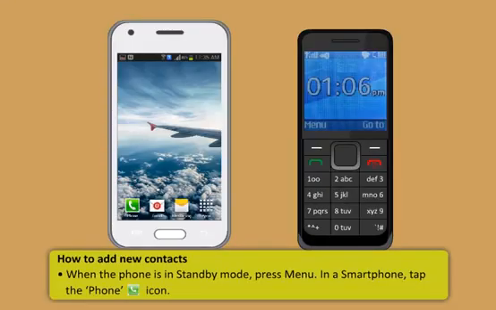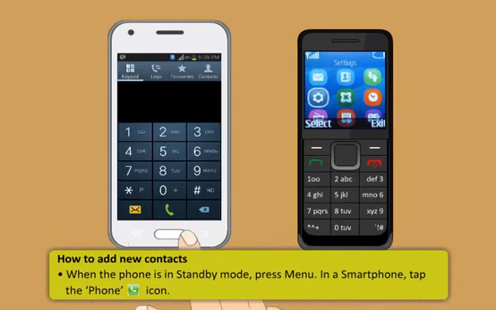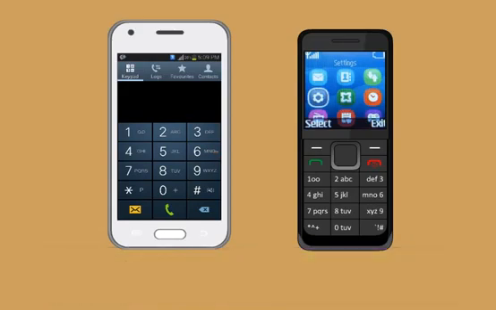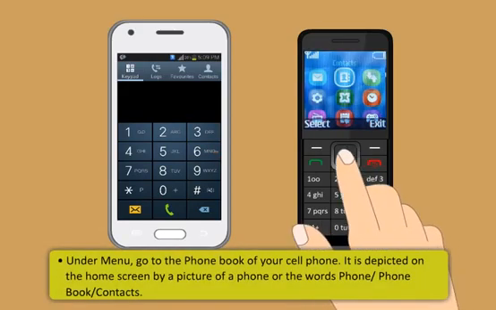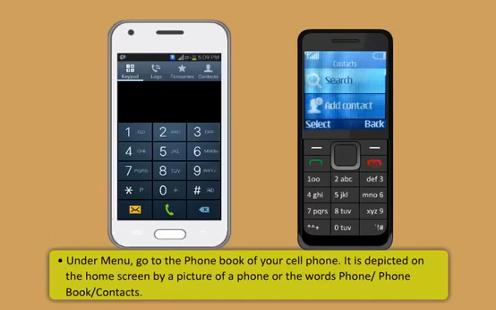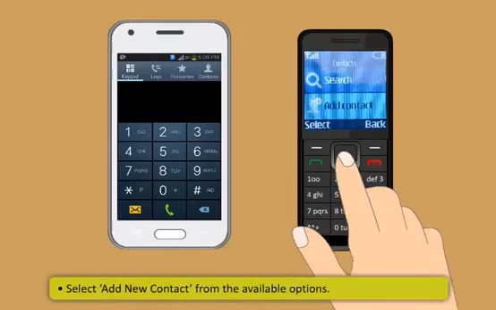When the phone is in standby mode, press Menu. In a smartphone, tap the phone icon. Then, under Menu, go to the phone book of your cell phone. It is depicted on the home screen by a picture of a phone or the words Phone, Phone book, or Contacts. Now, select Add New Contact